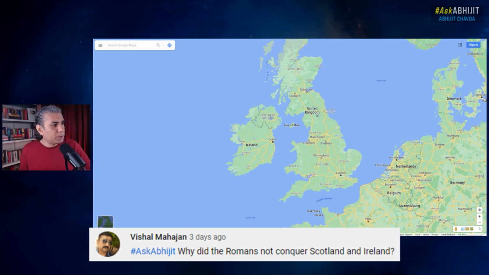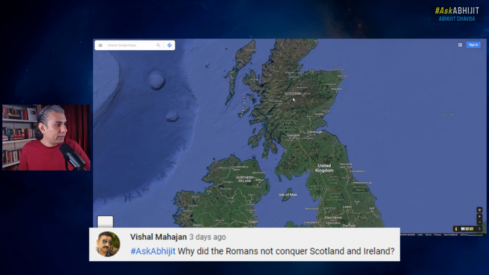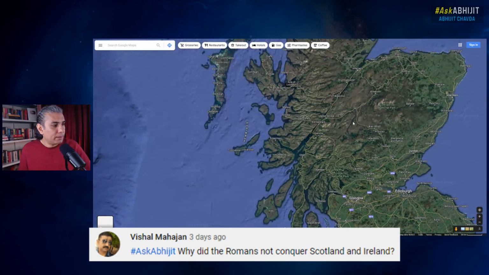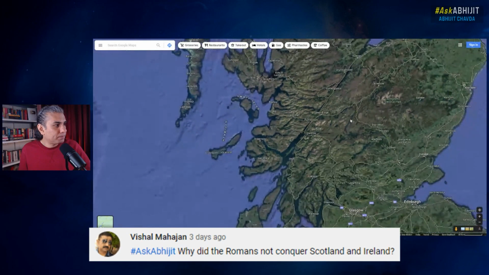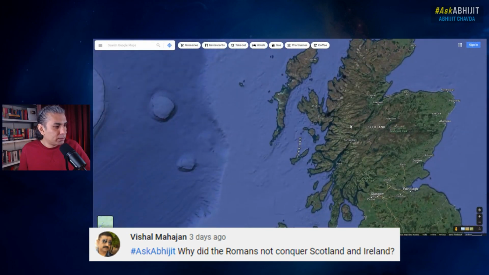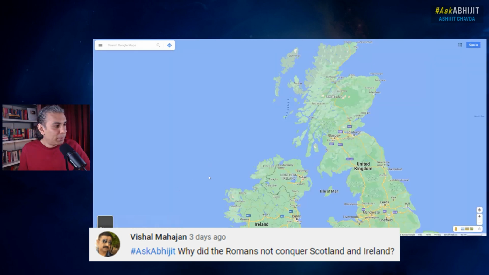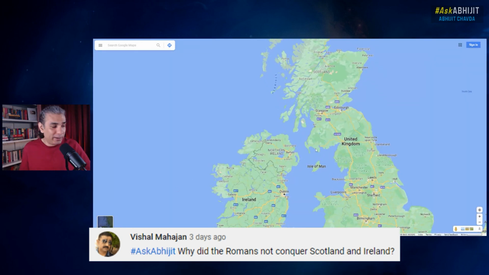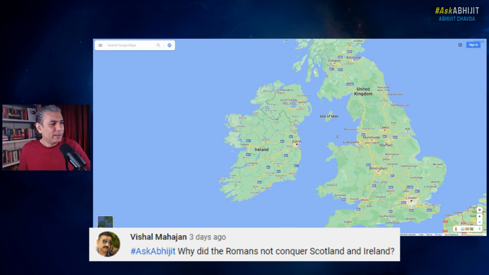Maybe Scotland was just too hilly. If you look at the topology of Scotland, it's full of hills. Scotland is very hilly. They call it the Highlands of Scotland, right? So this is the satellite imagery. As you can see, it's a very, very hilly region. It's not fertile farmland. It's not a great place to live in, unless you're a Scotsman or Scotswoman. Then it's great for you. Unless you're a Highlander and that sort of thing.